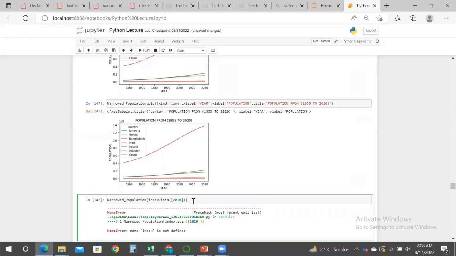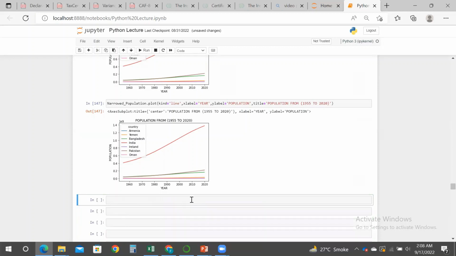So let's copy this and paste this and modify it, give a comma and use figsize,